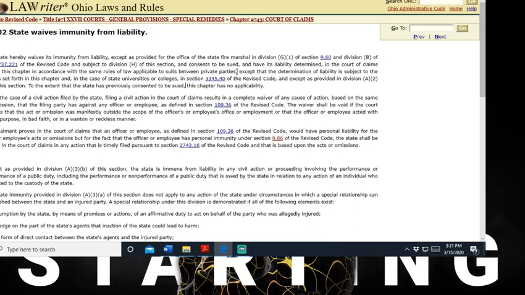And consents to have its liability determined in the court of claims created in this chapter in accordance with the rules of law applicable to suits between private parties, except that determination of liability is subject to limitations set forth in this chapter, in this case State University or College, of the revised code, and except as provided in A2. To the extent the state has previously consented to be sued, this chapter has no